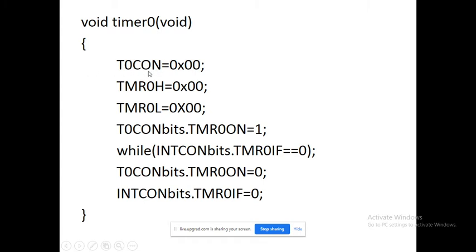Next, you are using a 16-bit timer, and that's why you are considering the initial value, that is 4020, with 20 in the lower byte and 20 in the higher byte. In this fashion, just declare the initial value of the timer. Then once the initial declaration of the timer is over, you want to start the timer.